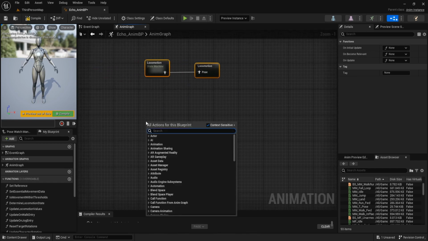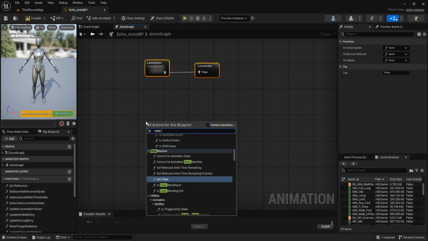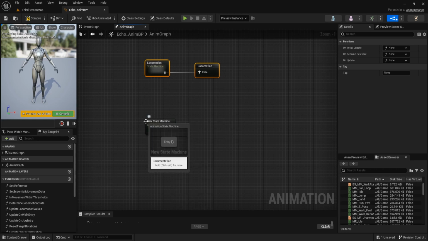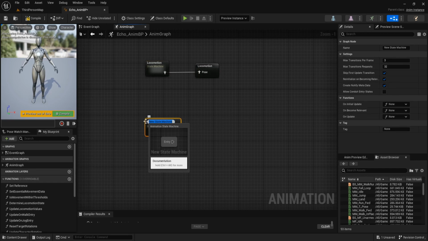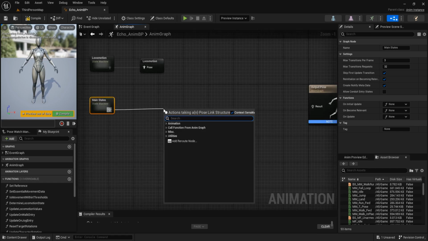Then create a new state machine. Name it main state. Create a slot, default slot.